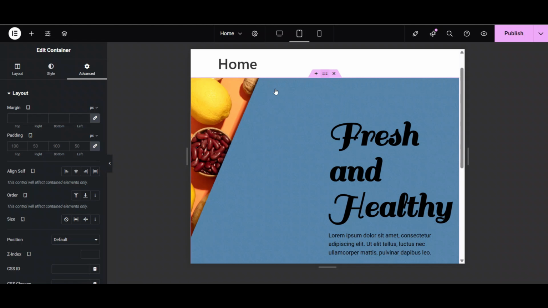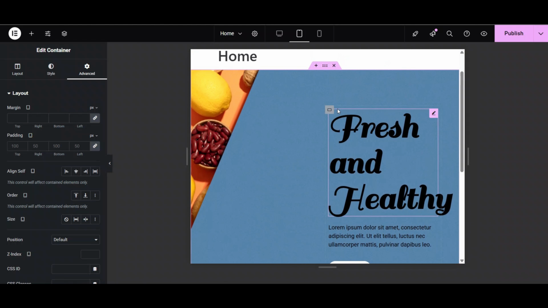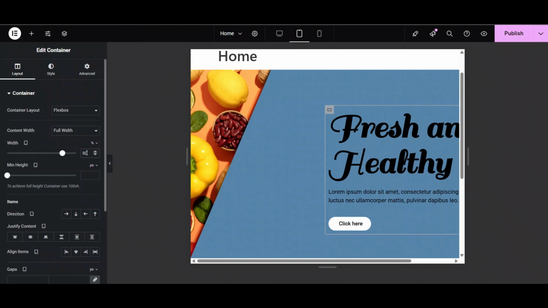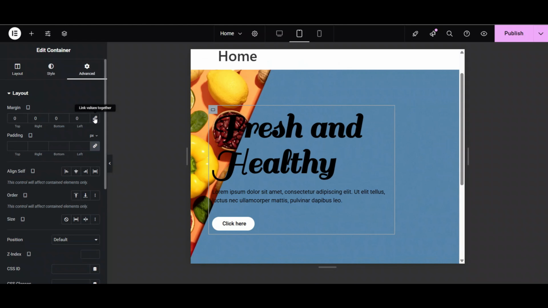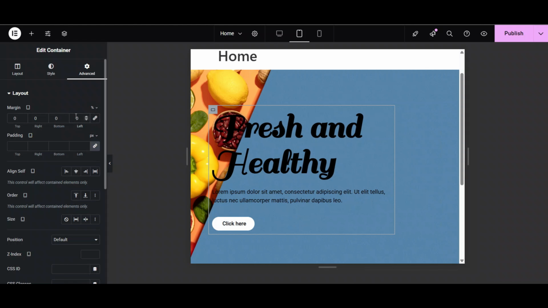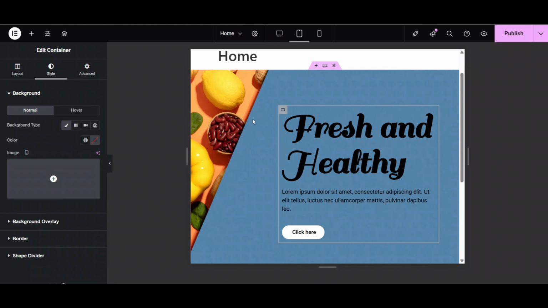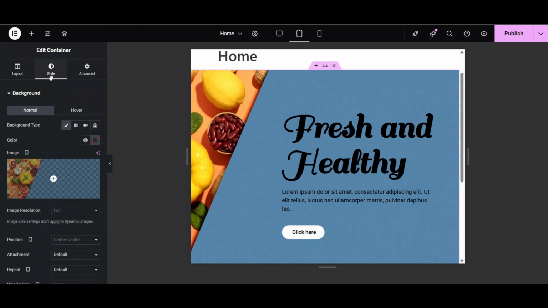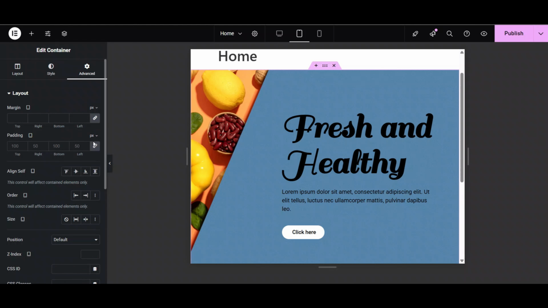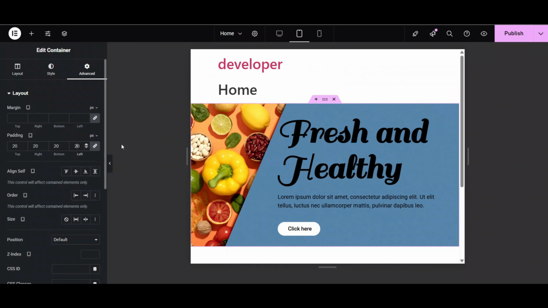Let's go on desktop view and see how it is looking. It's not looking that good. So what we will do, we will increase the width here, 80%, and then remove the left margin up to only 10%. 20 not, at least 30. 30. Go here. Now also decrease the padding as per your need. I will say 20.